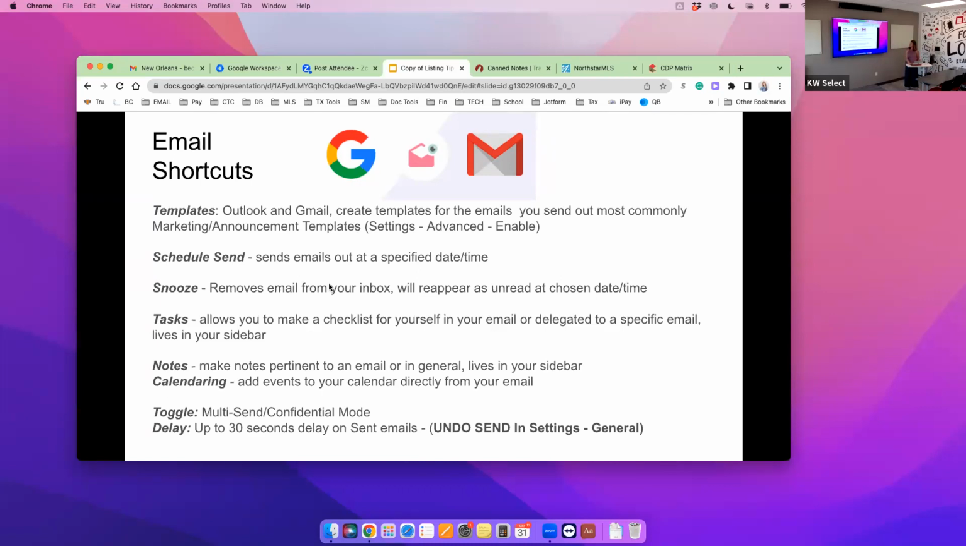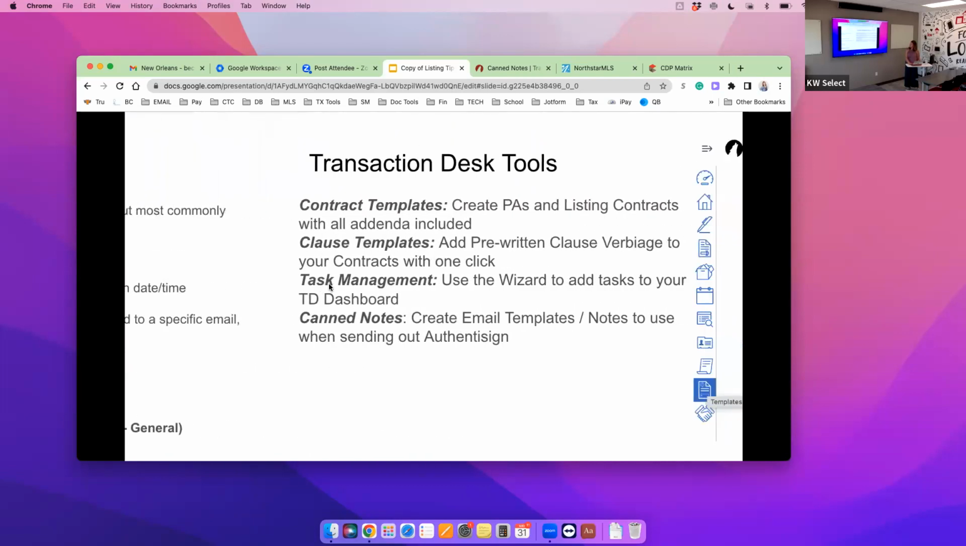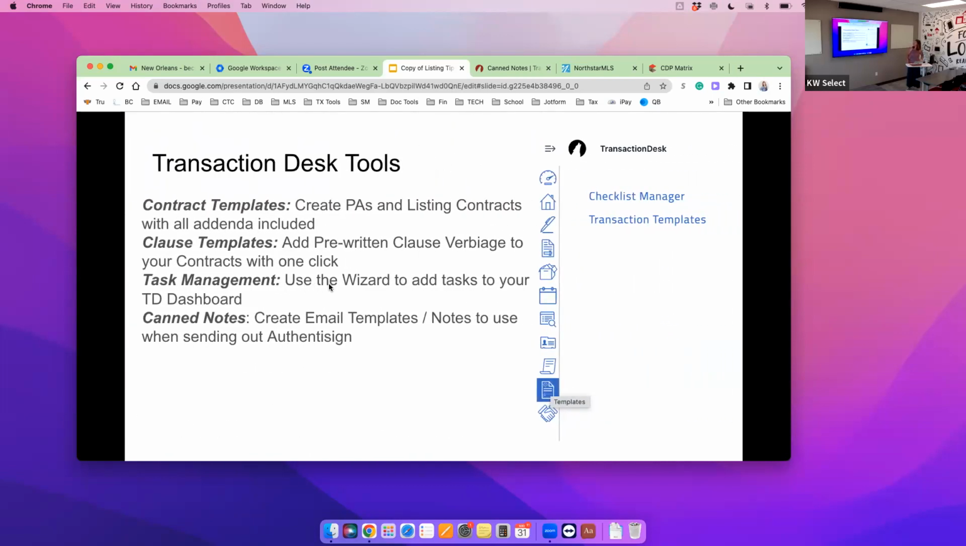Okay, we've got about 20 minutes left, so this is good. Creating templates, I'll do those first. There's a lot of stuff in transaction desk, but a lot of it you probably don't need, so I'll just do templates first. So if you have your transaction desk open, we're gonna go to the